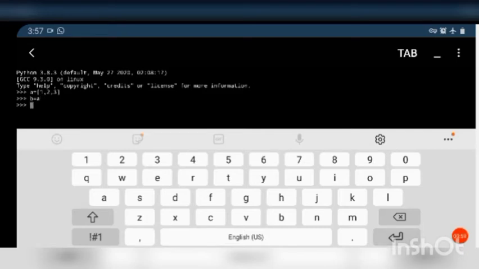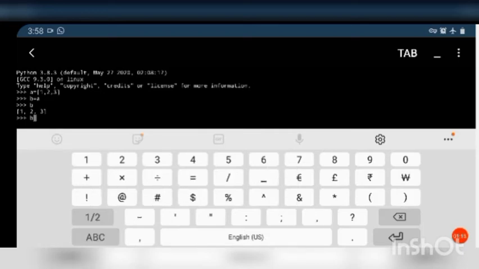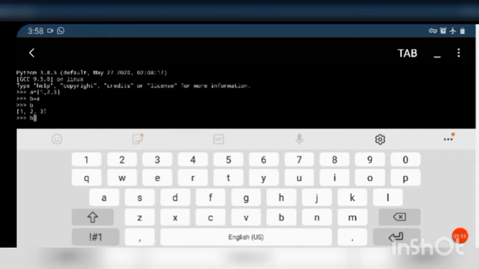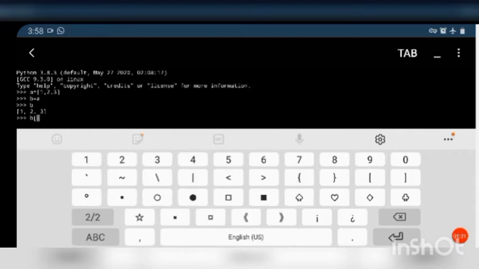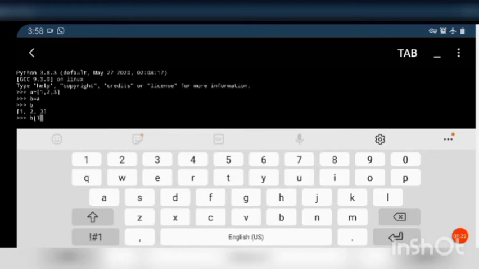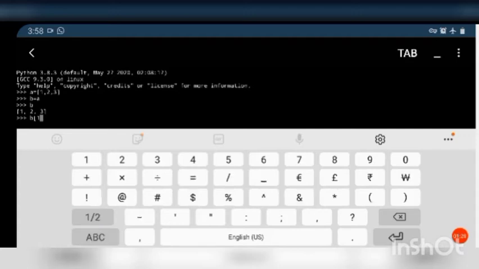Now we have copied the contents of list A to list B. If I print B, you can see B is also 1, 2, 3. Now we are changing the contents of B. B of 1, I am replacing it with 9.